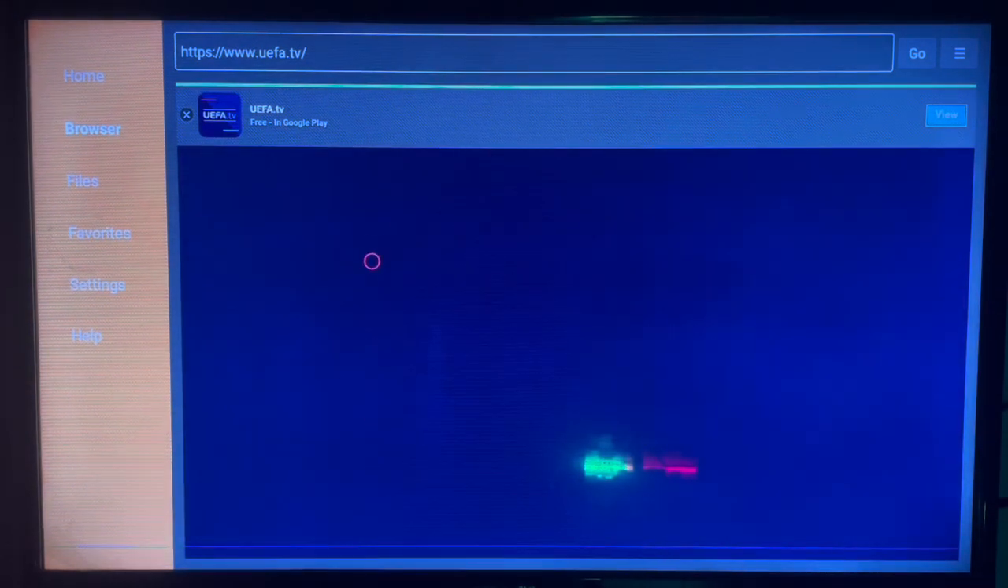So if you come over to their website, you can see the first thing on the website is to download the application. So you just have to come over to this option here and click on view, and it leads you to where you can download the application to your